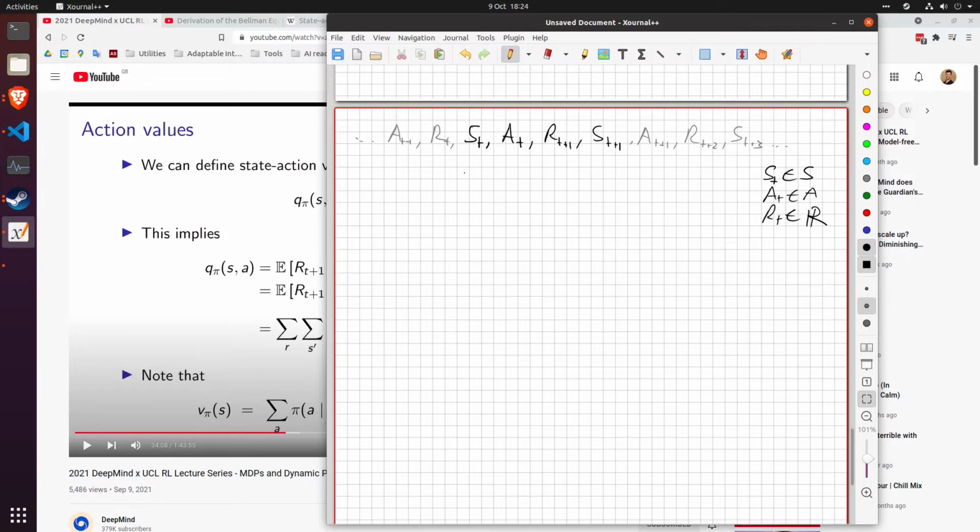And we have this other concept, which is the return. The return is defined when you're in some state. So I'm going to write the return at time t here. And the return is just the sum of all future rewards. Future means that in the return at time t, we don't include the reward at time t, because that was already given with this state. I'm talking about future rewards. So the return at time t is equal to the sum of all future rewards, like this,